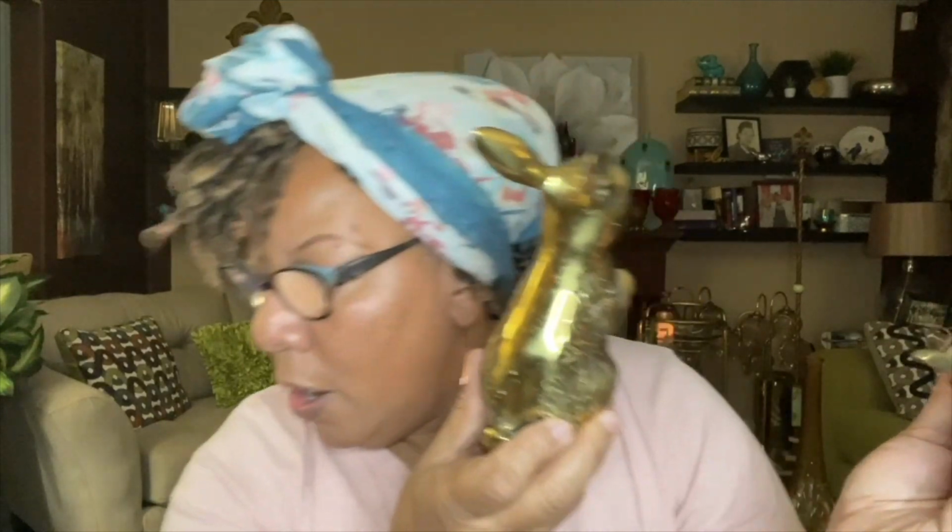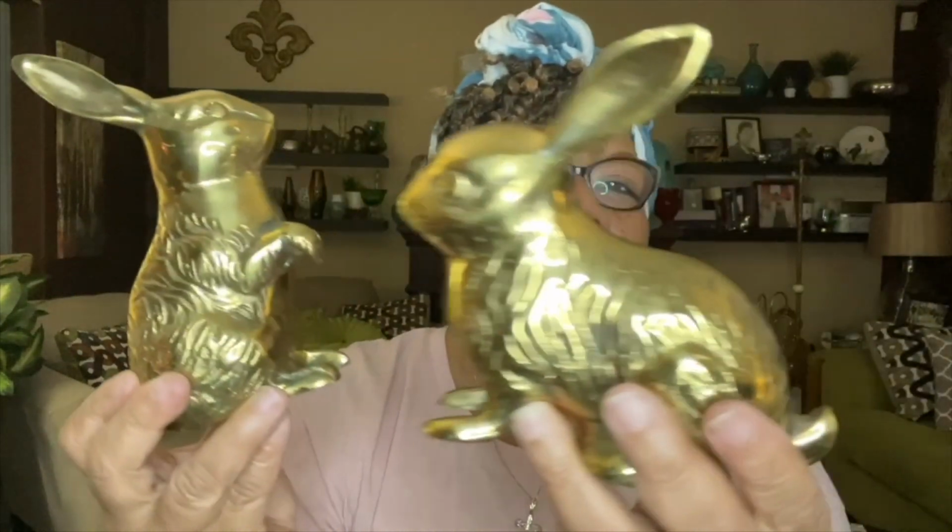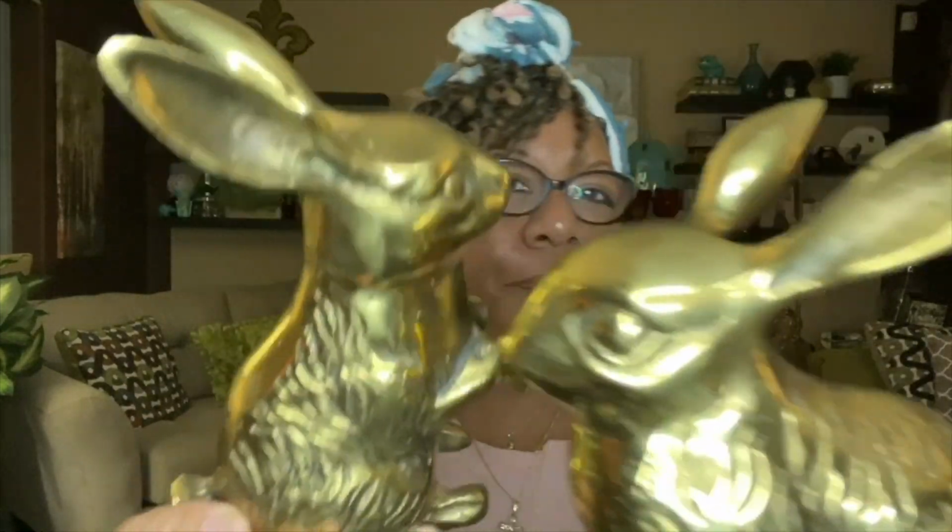It was so funny because I didn't realize the posture of both was different, right? So this particular bunny hare is actually standing up with his long ears. I think this is a hare. Excuse me. And then this one is in a different position, right? So as you can tell, this is solid